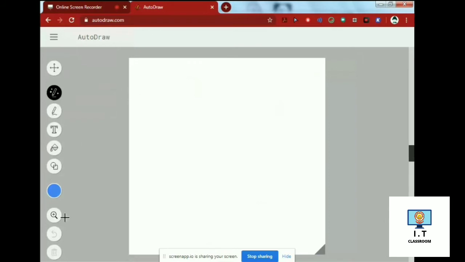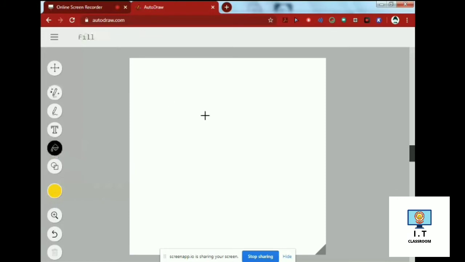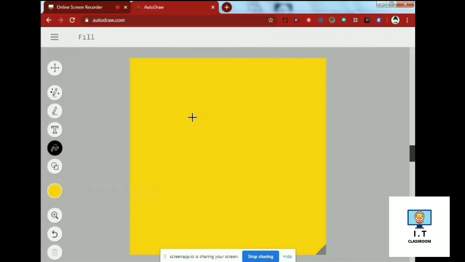After that, if you want to change the background color of this drawing area, firstly you will go to colors. You will select any of the colors from it, then go to the fill tool, select it, then bring the mouse pointer here and click on it. So like this, you can change the background of this drawing area.